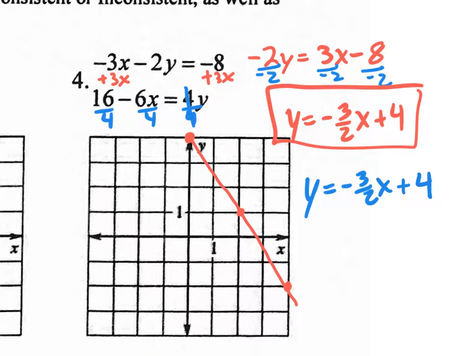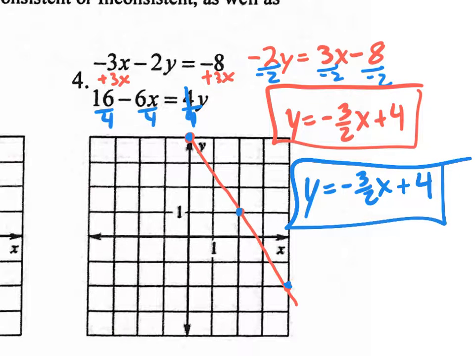And what was that? It's the same line, ladies and gentlemen. So if I did graph it, it would also cross here, and it would also go down 3 over 2, down 3 over 2, and it ends up being the same exact line. So if I asked you to solve it, which I do ask you to solve it, what would you say? Not classify. Right? If I say solve it,